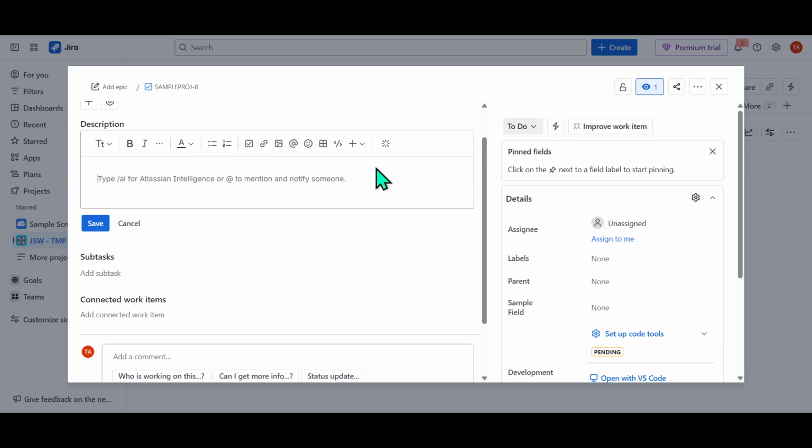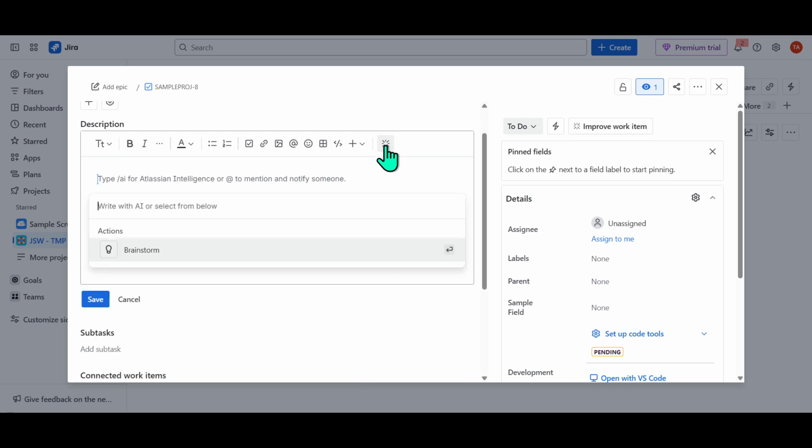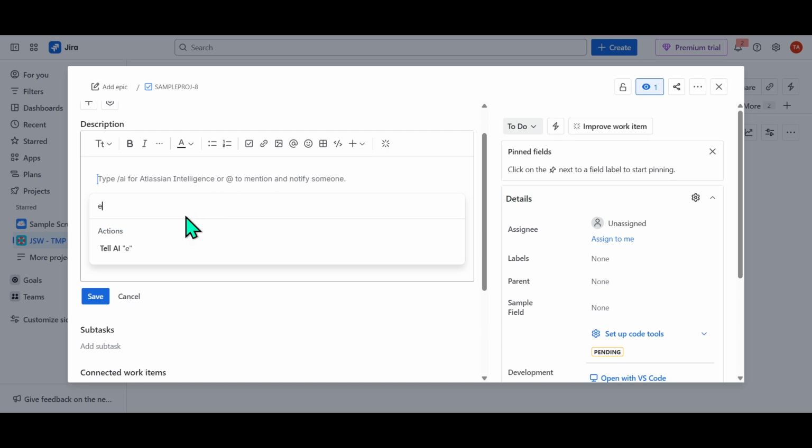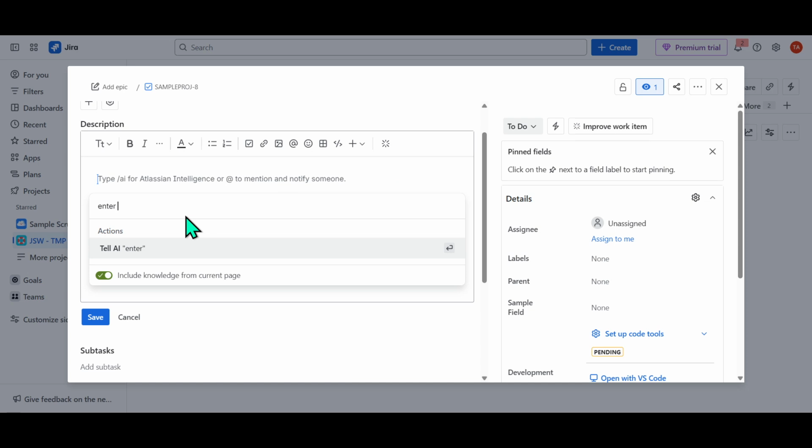With the description box open, look closely because there's a small icon that looks like a crosshair. This icon is your gateway to the Atlassian Intelligence Writing Assistant. When you click on this icon, you're activating the AI tool, allowing it to assist you with generating content, refining text, and more. This is incredibly useful when you're trying to draft detailed descriptions or comments that need precision and